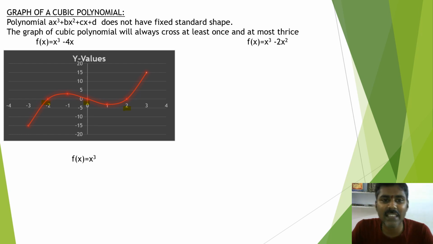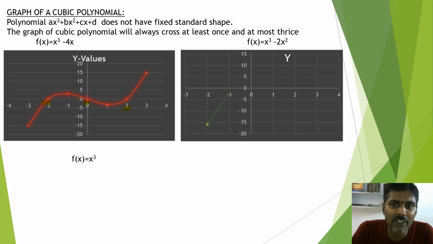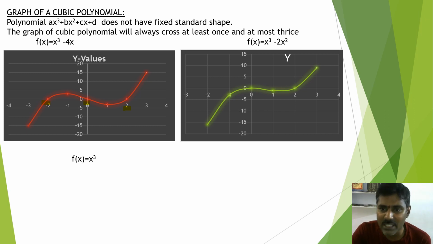And if you go with the second, x cube minus 2x square, we'll see how we get those. Plotting the different values of x on the graph, see in how many places it intersects the x-axis. It intersects at 2 points, at 0 and 2. For 0, 0 cube minus 2 into 0 is 0. And for 2, 2 cube is 8, minus 2 into 4 is 8, and 8 minus 8 is 0. So it touches the x-axis at 2 points. Hence, those 2 will be the zeros of that polynomial.